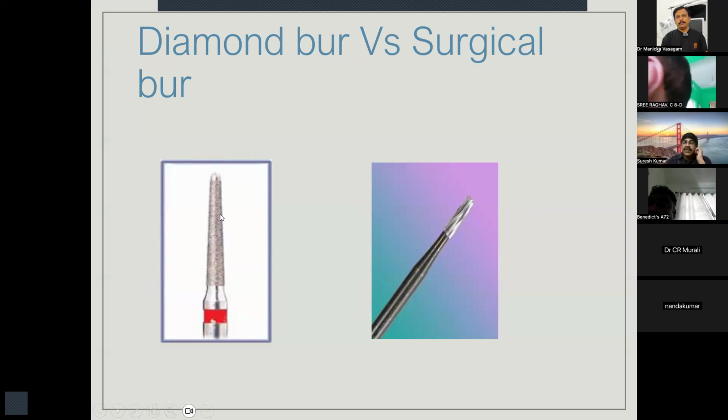Okay, on the tooth it is okay, but on the bone it is not okay, because the abrasive action causes more postoperative edema and pain. Whereas the surgical flutes or the surgical burs will have a real cutting edge, which will make a clean cut on the hard substance or on the bone. There is no abrasion, it's only a cutting action, so it causes less damage to the bone or less heat generation on the bone, leading to better post-surgical outcomes.